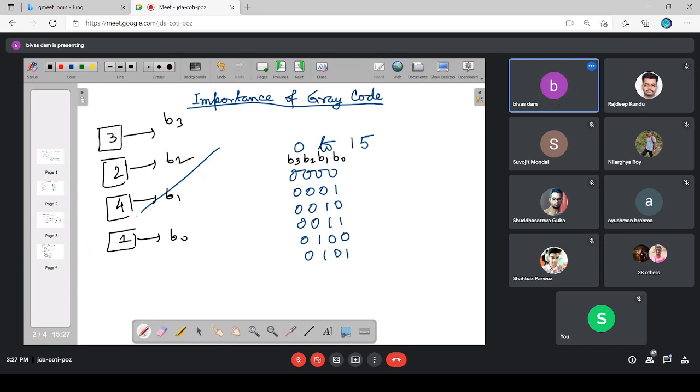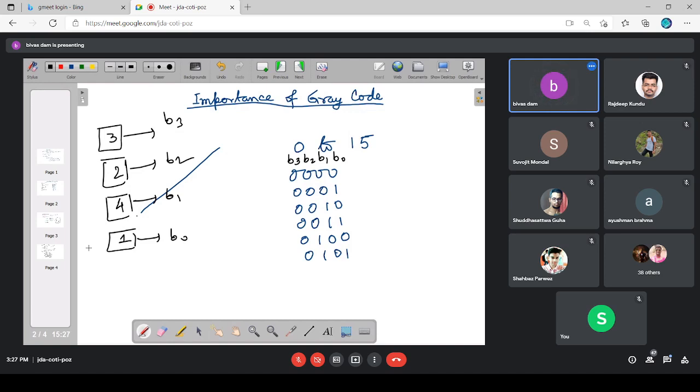Now, these four outputs will definitely have four different types of latencies. Arbitrarily, I have selected this type of latency. It may be a totally different one also. There is no guarantee that this will always be true. Even if, at a particular time instant, these are the relative latencies, after 1 hour the scenario may totally change. You may find that B1 is the fastest one now, B2 is the next responding one, then B0, and then B3. It may so happen. But for the time being, let us concentrate on this one only.